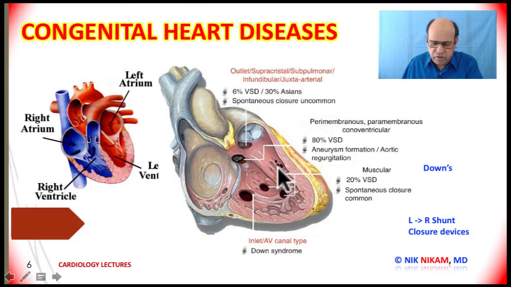Then we have the muscular type of ventricular septal defects, which are sort of fenestrated holes in the ventricular septum. The ventricular septal defects may also be associated with the Down's syndrome. The membranous type of ventricular septal defects account for 80% of the ventricular septal defects that we encounter in the adult population. Majority of the muscular ventricular septal defects close as the person gets older, and also the murmur